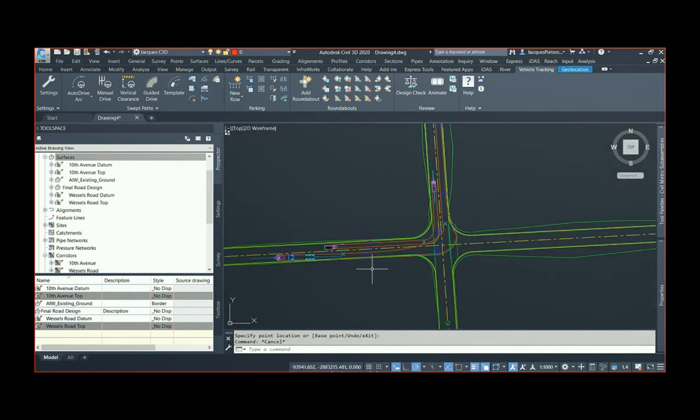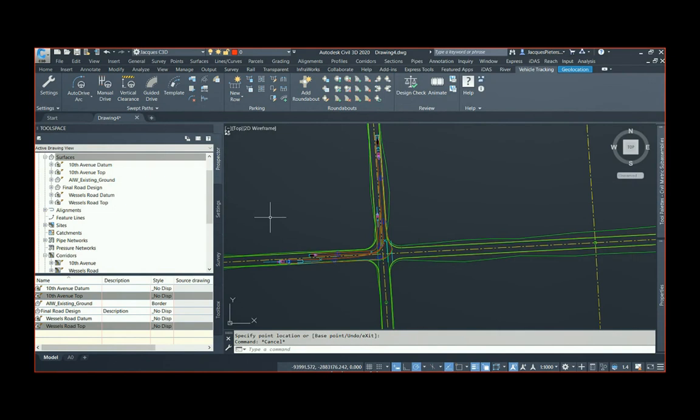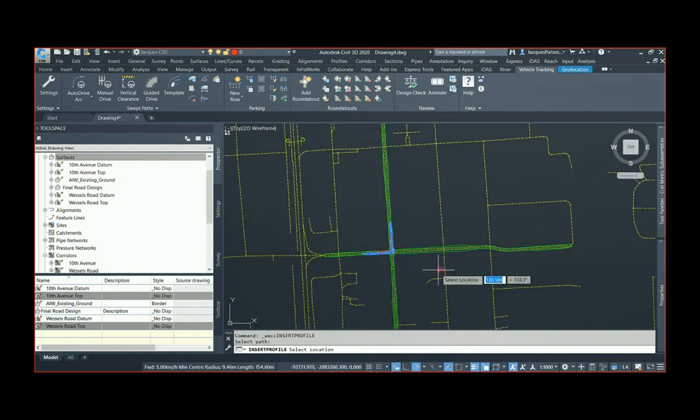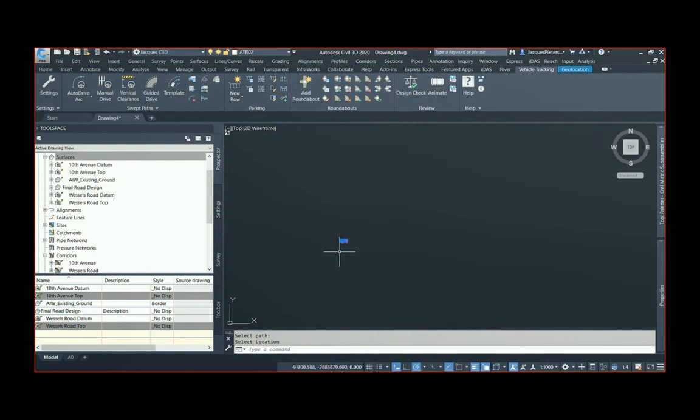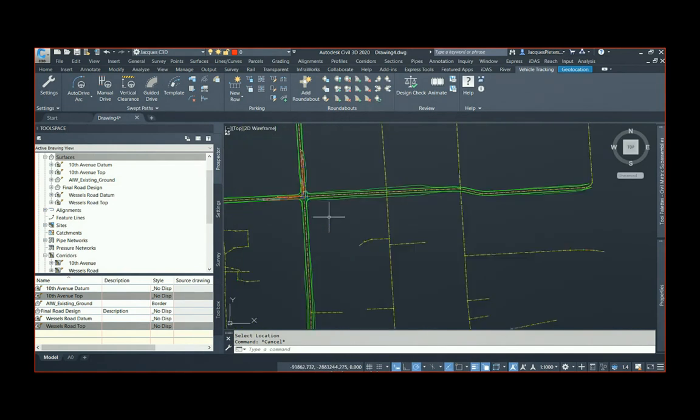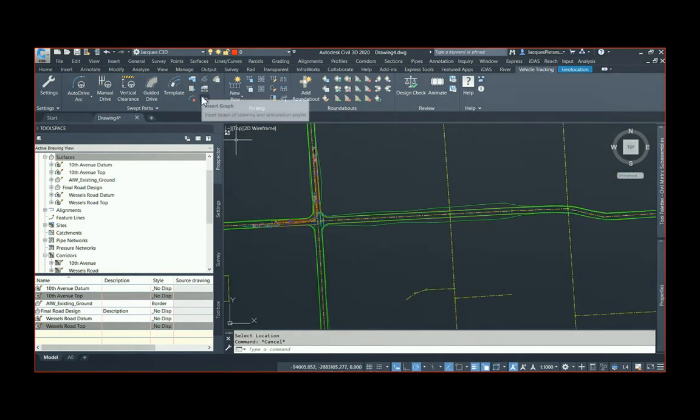So this is a very nice tool to showcase if you've got problems inside of your intersection. If I select the vehicle tracking, I want to see the profile details of this truck. You can simply select that option, and if I place it somewhere, it gives you the details and data of that truck. As well, if you want to see some additional graphs, I can select the graph view,